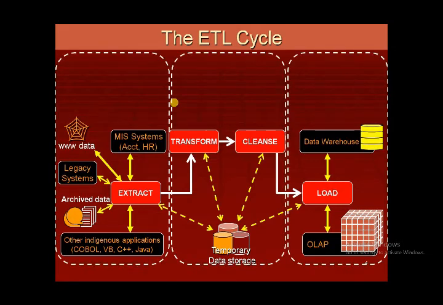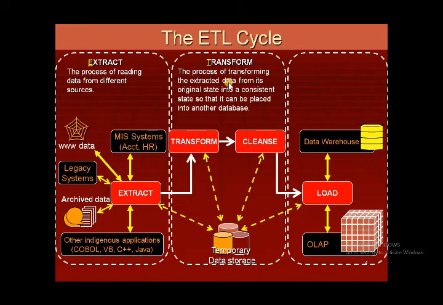If we look at the cycle of the ETL, in that cycle you extract the data from the different source systems. Then you transform the data and you clean the data. You make different formats of the data. You can fill the null values, you clean the junk values, and based upon your grain inside the data warehouse you put your data in a format.